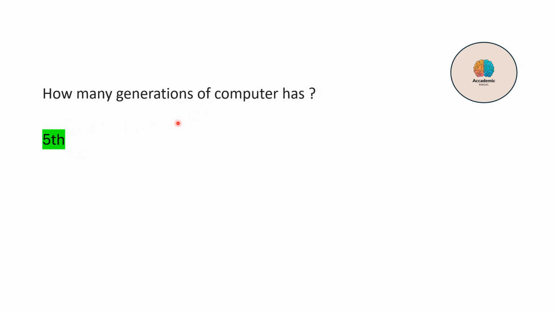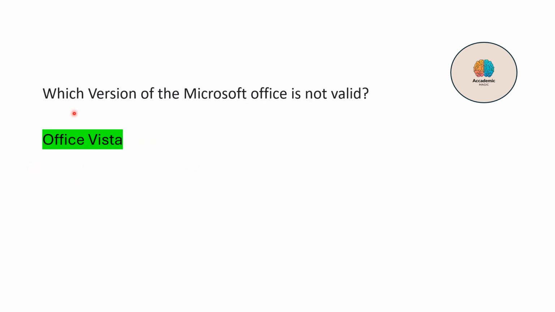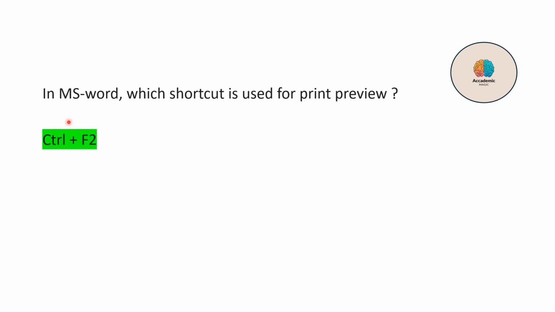How many generations of computer are there? Computer has 5 generations. Third generation computers use ICs, integrated circuits. Which version of Microsoft Office is not valid? So Office Vista is not valid. In MS Word, which shortcut is used for print preview? तो याद रखिएगा अक्सर लोग Ctrl+P को क्लिक कर देते हैं. That's the wrong option. The right option is